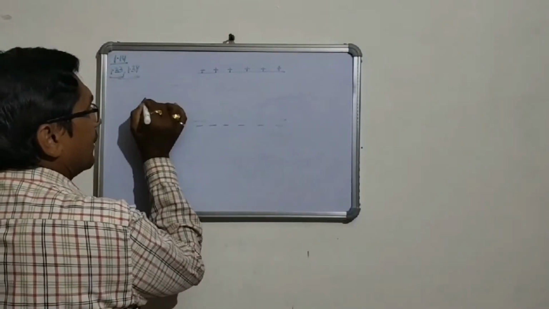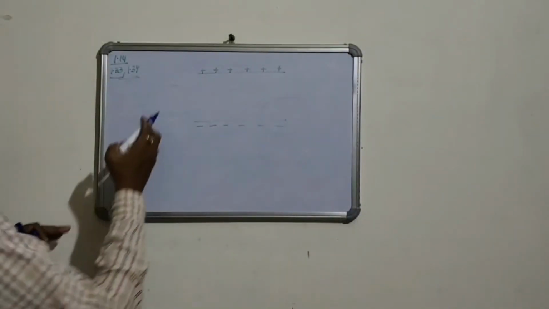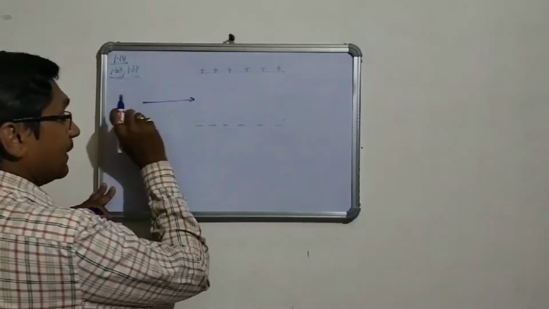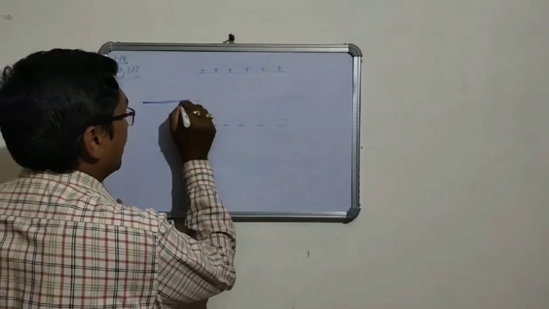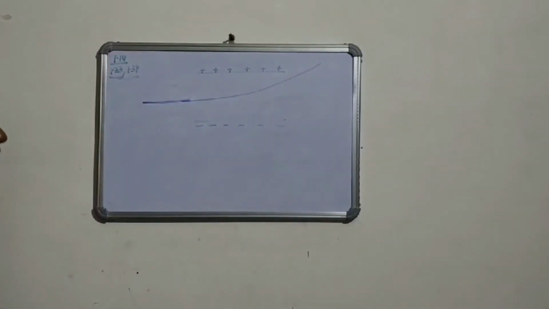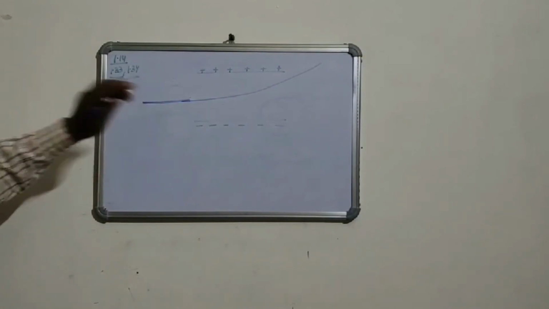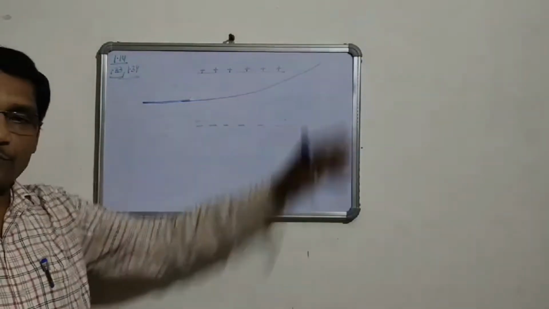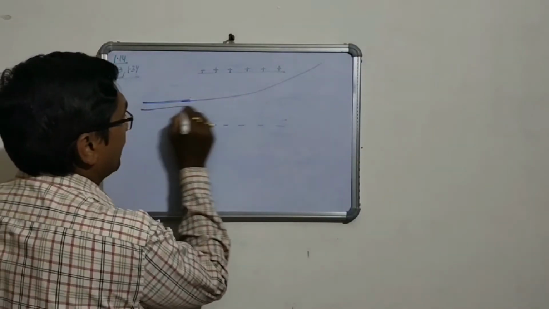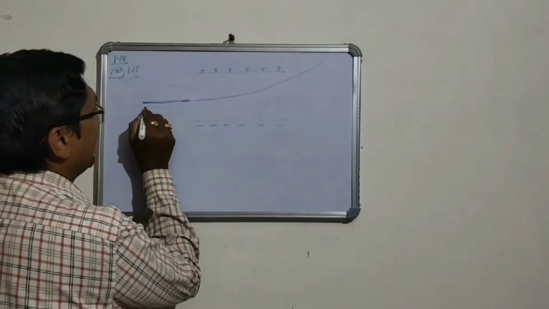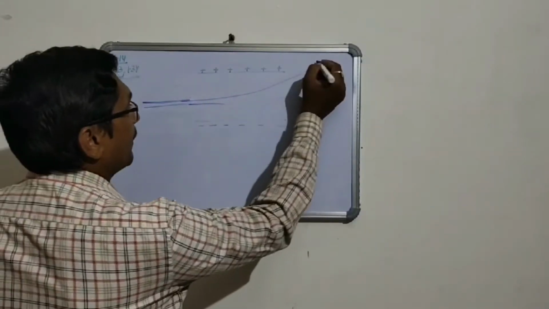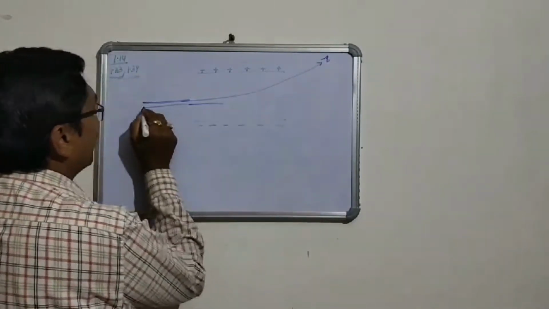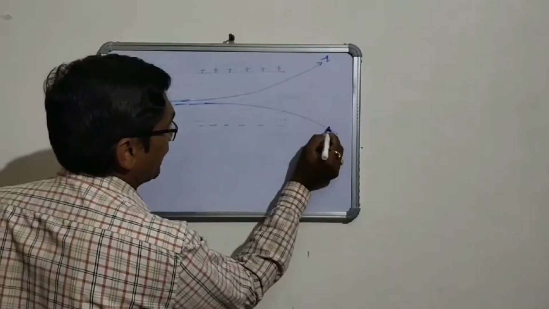A charged particle is moving straight, entering inside. When it enters between the plates, the path of the charged particle is going to be distinct. Suppose it is a positive charge. Suppose it is a negative charge. That's why it's bending towards positive. And if the negative charge is entering between the plates, this negative charge moves in this direction, and suppose a positive charge enters and it moves in this direction.